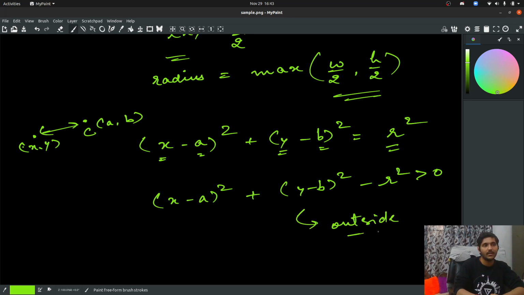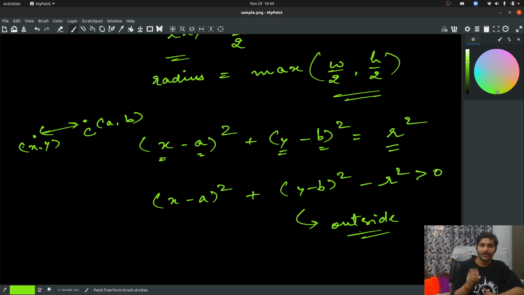If it is equal to 0, that means it's on the boundary. If it is less than 0, that means the point is inside the circle. So from there we know which pixel coordinates are inside the circle and which are outside the circle.